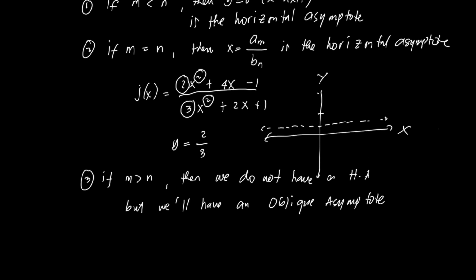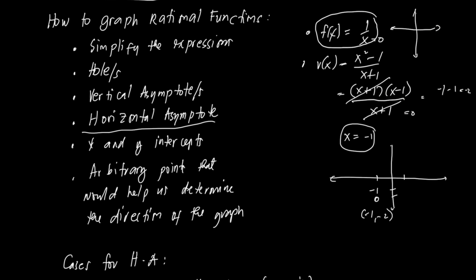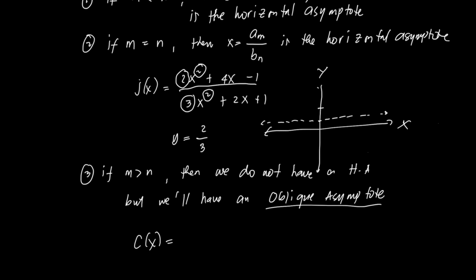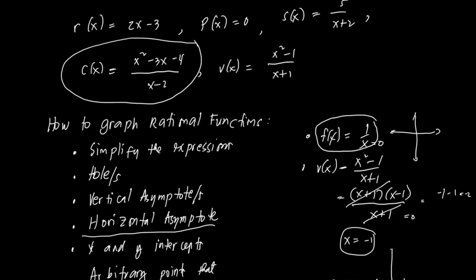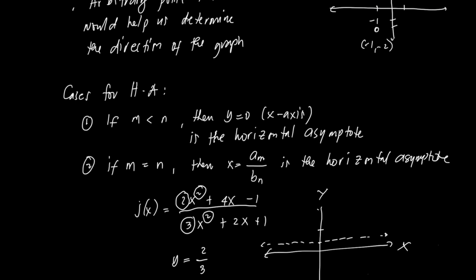An oblique asymptote is a diagonal line if m is 1 more than n. So for example, c of x is equal to x squared minus 3x minus 4